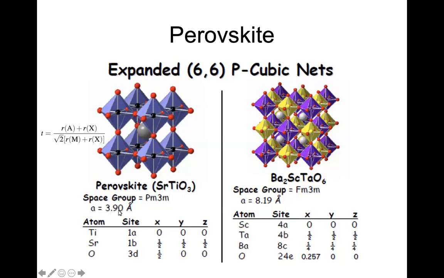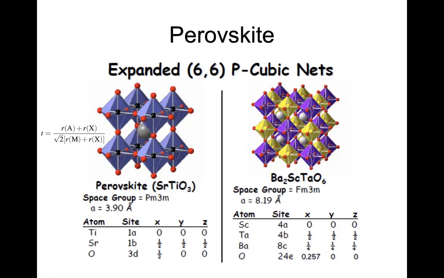So you see 3.90. Now it becomes approximately double, because instead of strontium, we have barium. So we call this a double perovskite, in which scandium and tantalum are alternately arranged in what we call a rock salt fashion. Rock salt is nothing but sodium, chlorine, that kind of arrangement we call rock salt arrangement. So these 2 ions form a rock salt arrangement.